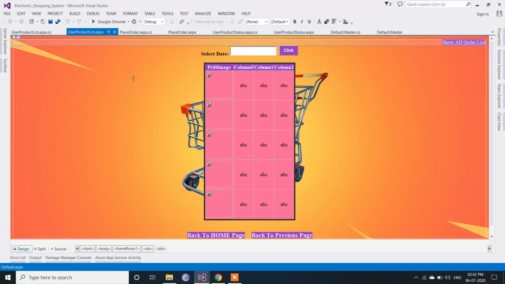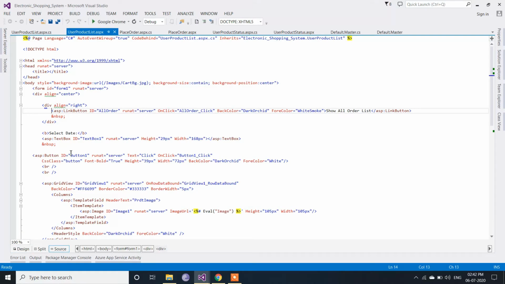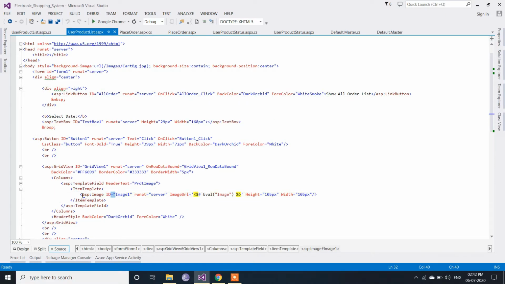User product list page. In the design page, we have taken this grid view, right? In that we have taken the image for displaying the image of the product, and another column for displaying the information regarding the product. Now we have to replace this image control with the image button, so that the image is displayed but it's a button, so it can be clickable.